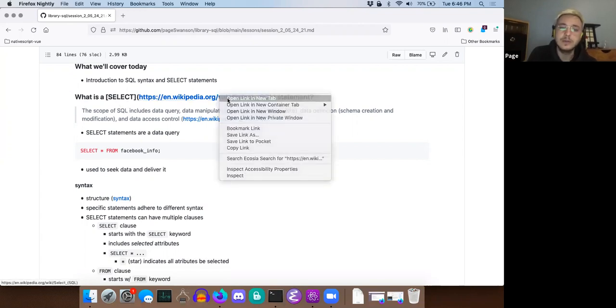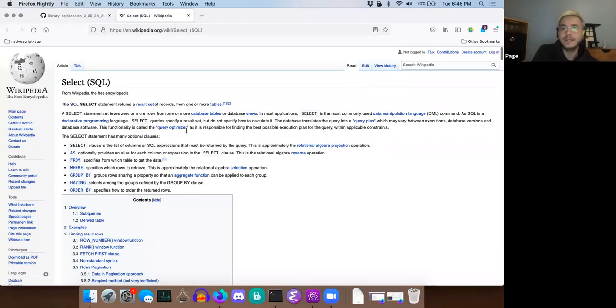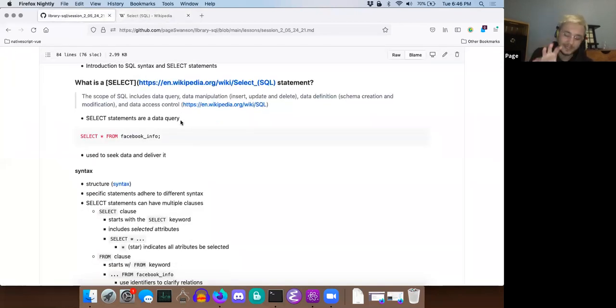We can go to this Wikipedia link and see what it says at the very top, which I think is a pretty good definition. The SQL select statement returns a result set of records from one or more tables. I think that pretty much sums it up. It's not too complicated. What you're trying to do with the select statement is part of a specific subset of tasks that are implemented